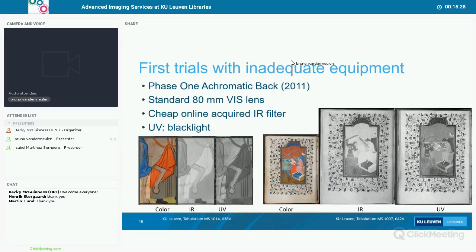In 2011, phase 1 came out with black and white back with enhanced sensitivity in UV and infrared. We were able to test it for 1 week with a standard lens and also this infrared filter, but we also tested with acetate filters. And this was really interesting to see. We got some results